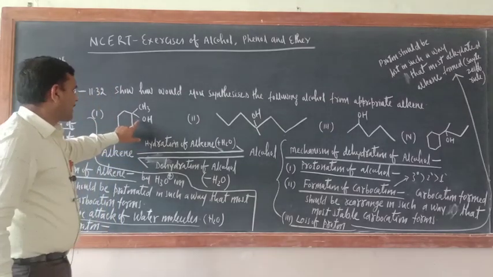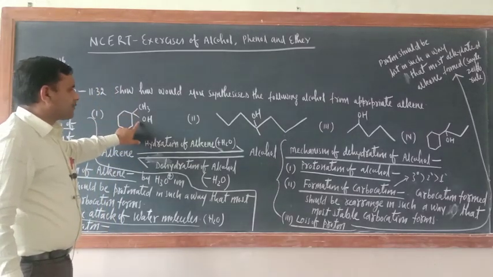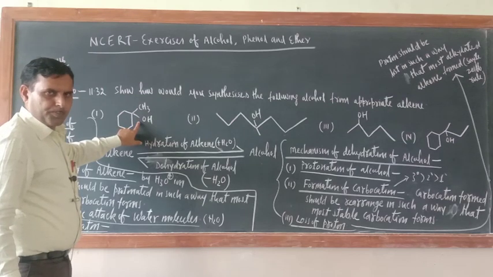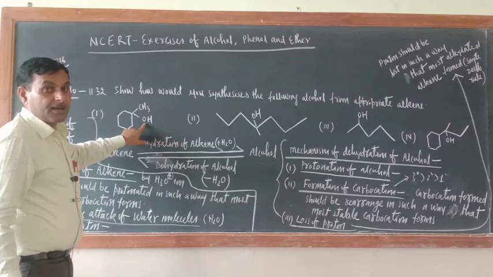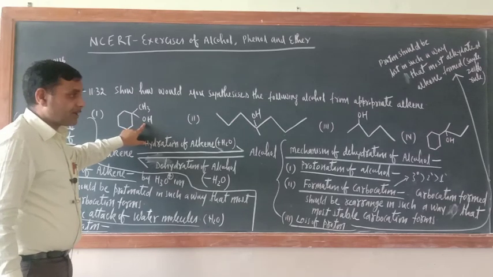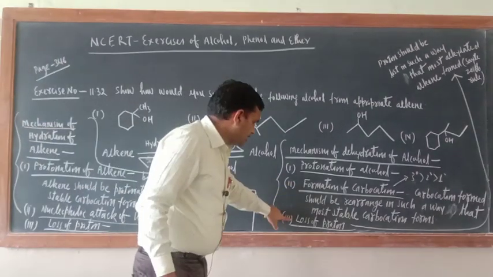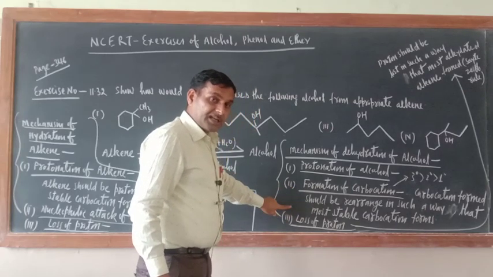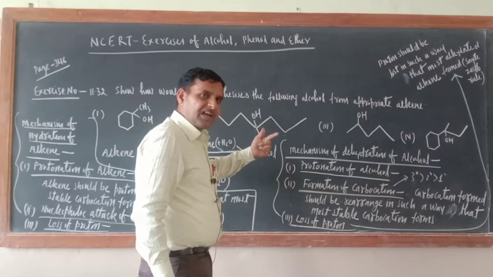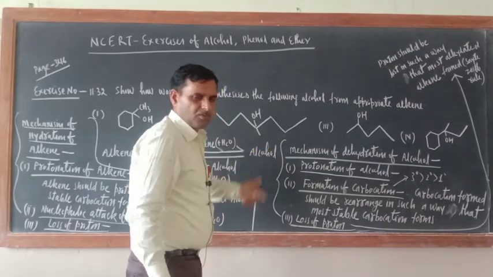Remember here, just see which particular alkene is appropriate here. We will dehydrate this alcohol and we will get the alkene. But in dehydration of alcohol, you should take care of these two steps, the second step and the third step. And there are chances of formation of more than one alkene. See how.